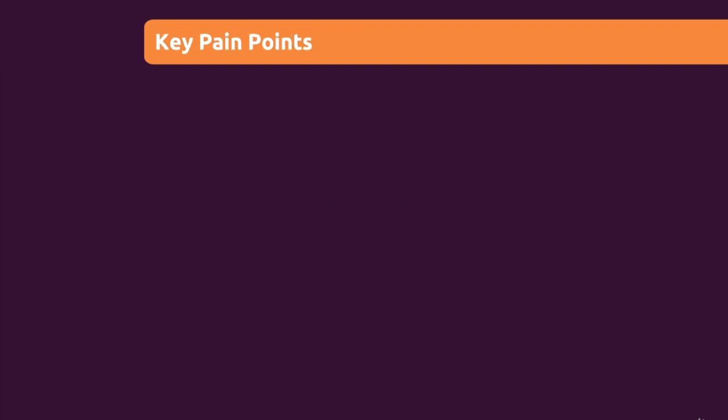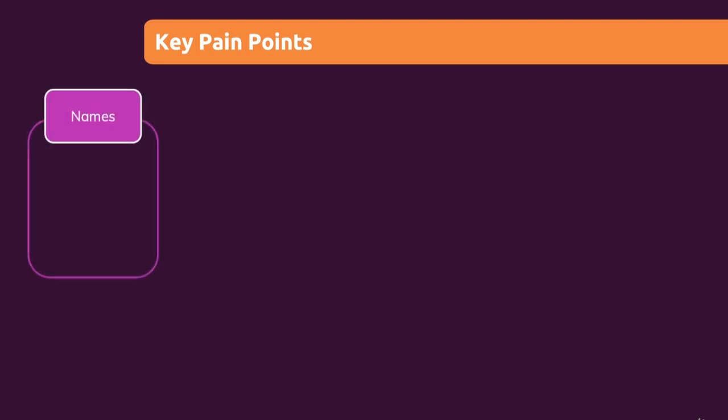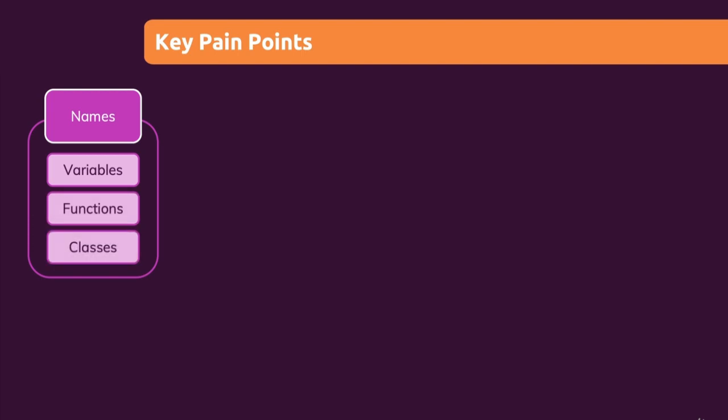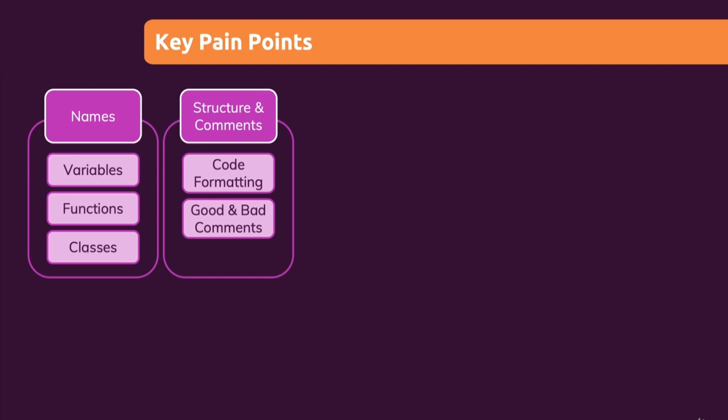Now, when it comes to writing that essay, that good story, there are a couple of key pain points, a couple of key areas on which we want to focus and which will be the sections in this course where we will go through all the core concepts in great detail. It all starts with the naming of things, with the names we assign to variables, functions, and classes. We can already mess up code with that, as you saw with the initial example I showed you a couple of minutes ago. It continues with the general code structure and any comments we might have in the code.